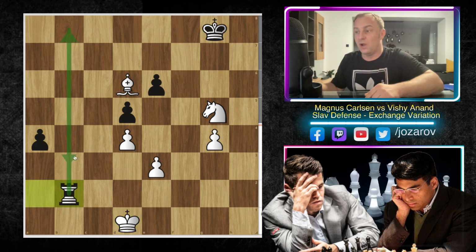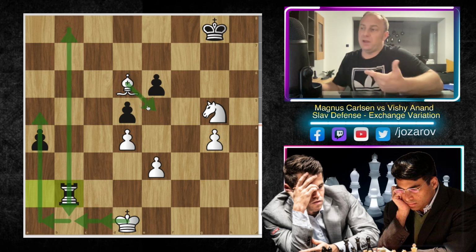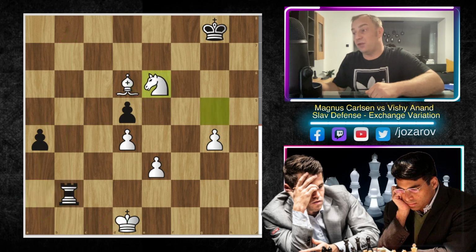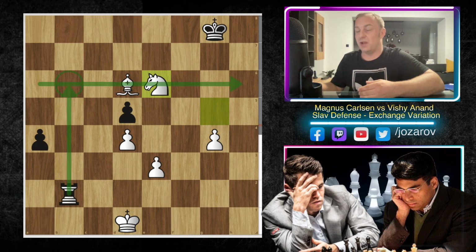Very important move to cut off here the potential route for the king, because the king would love of course to come here maybe on the a file, then white's pieces can play freely, and then of course white can maybe take out these pawns. But here knight to e6 played by Magnus Carlsen. The problem is now both pieces are on the same rank, and of course here Vishy Anand has the opportunity to play rook to b6.